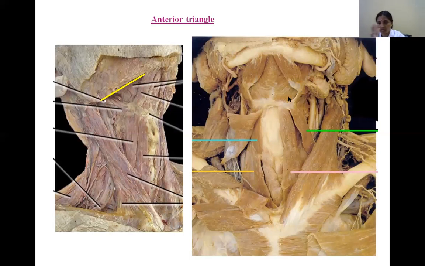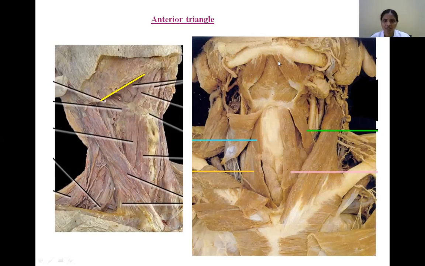On its course, it covers all the muscles of the anterior triangle. So what happens on the course? It forms a fascial envelope that anchors to the hyoid bone. Anywhere a structure is modified, it is for a functional purpose only. Because of that function, elevation of the hyoid, the digastric must be anchored to the hyoid. For that, a structural modification is there, that is, the fascial loop around the intermediate tendon of the digastric muscle.